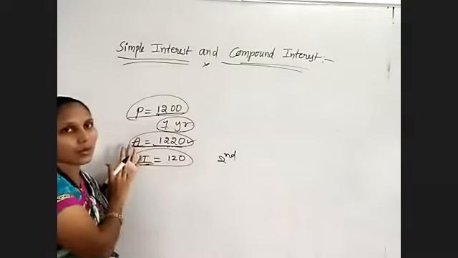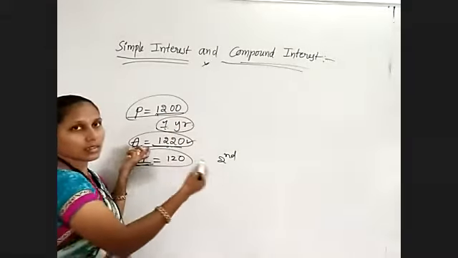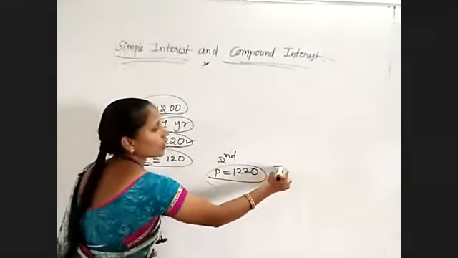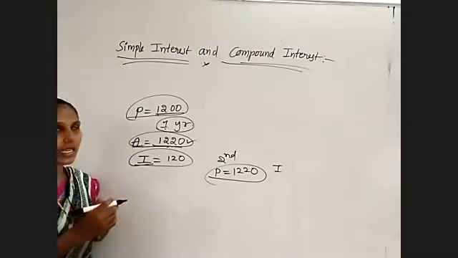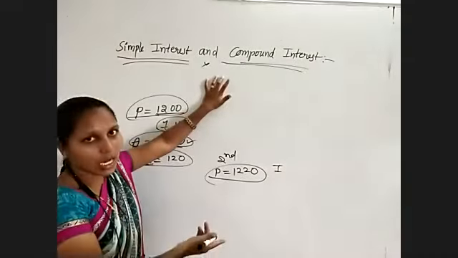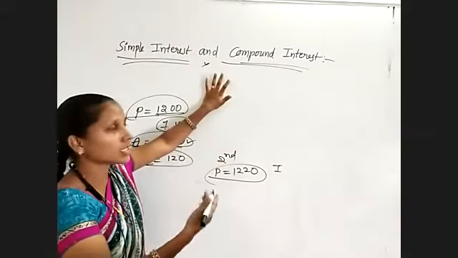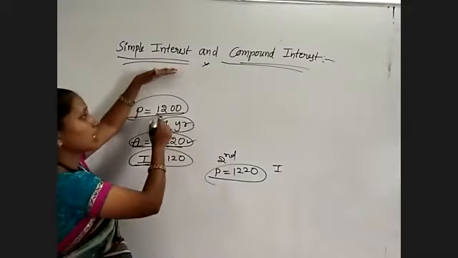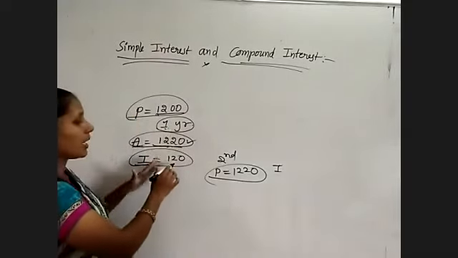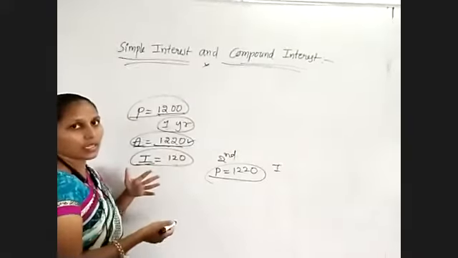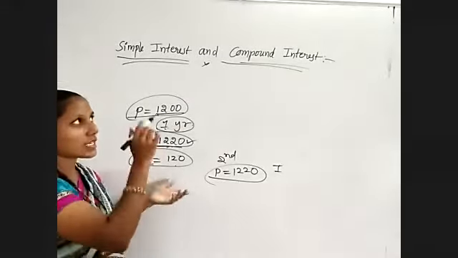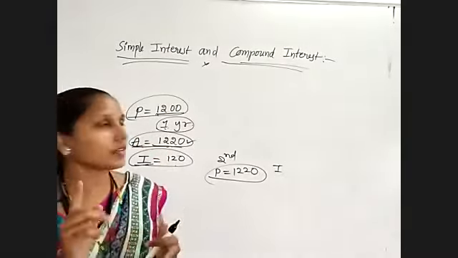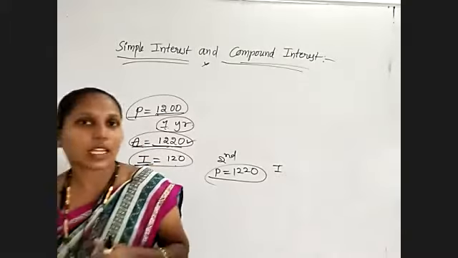But in the case of compound interest, this amount will change as the principal for the second year, and on this amount we have to calculate the interest. Understand? So compound interest is interest on interest. You will get interest on interest, whereas in simple interest, for any number of years, the principal is the same. For that amount only, whatever you paid as interest for 1 year will carry on for the remaining years also. But for compound interest, you need to pay interest on interest. So here I'll give you one question, then you will understand easily.